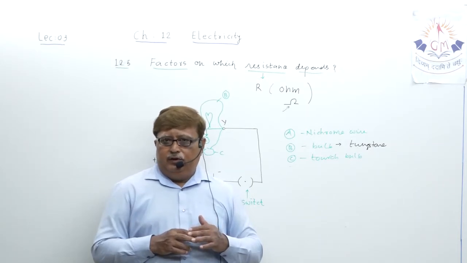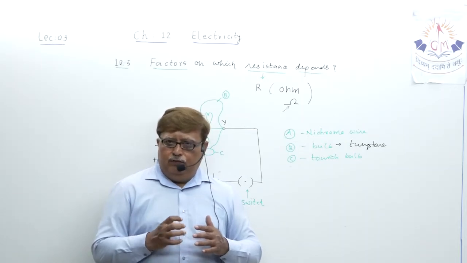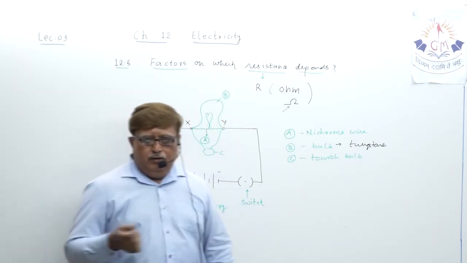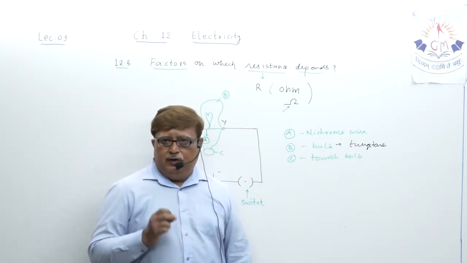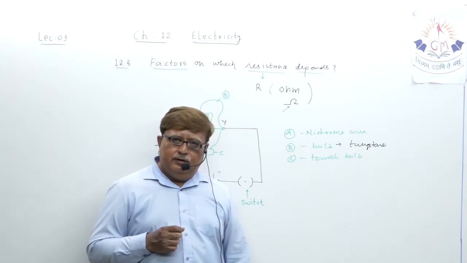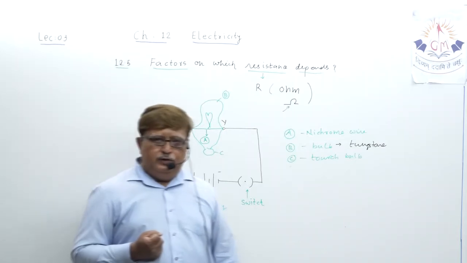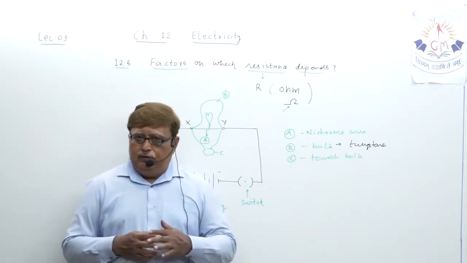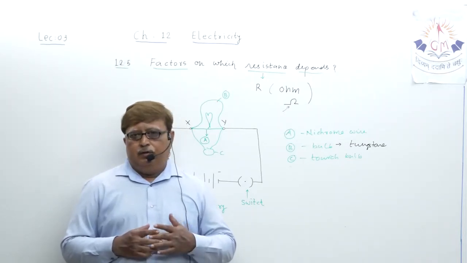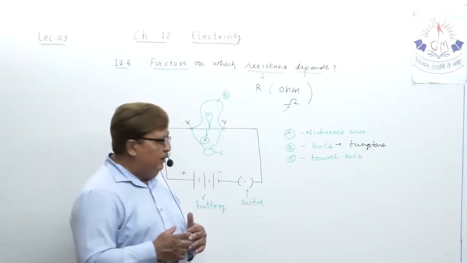So those materials like rubber, glass, etc., which offer very high resistance and even do not let electric current flow through them, are known as insulators, that you all know. Conductor, insulator. Through a conductor, electric current can pass easily. Through an insulator, it is difficult for electric current to pass through it. Understand? Because it offers very high resistance. Okay. So the concept of resistance is clear in your mind.